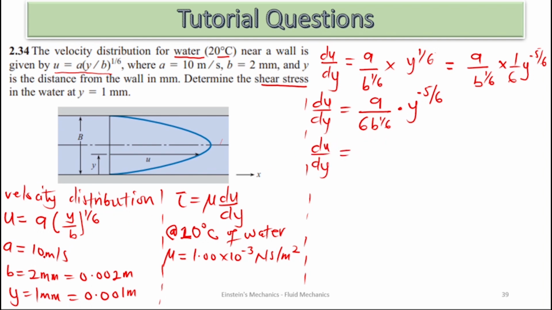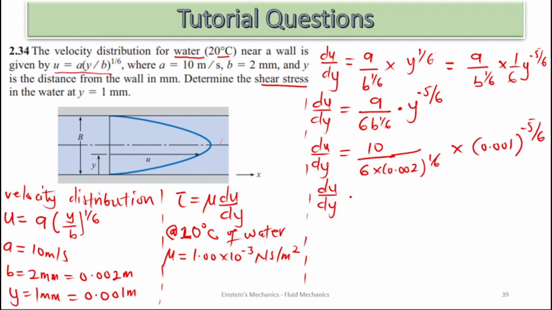From the question, I got my a to be 10, then this 6 multiplying the b, and b here is 0.002 raised to the power 1 on 6, multiplying this y, which is 0.001 to the power negative 5 on 6. And when you punch this on your calculator, your du with respect to y should give you a constant value,